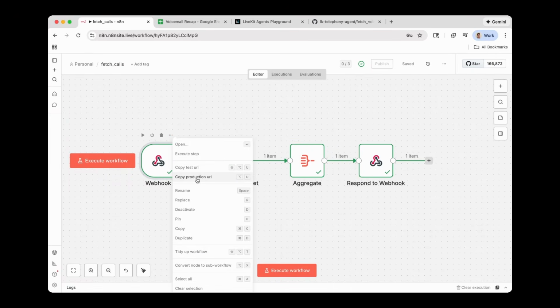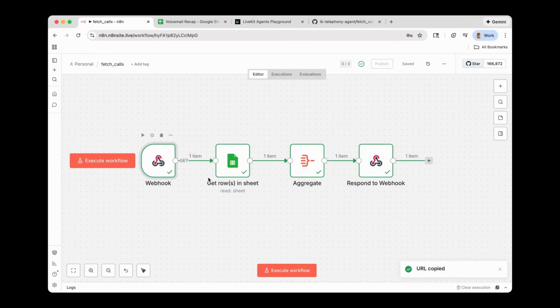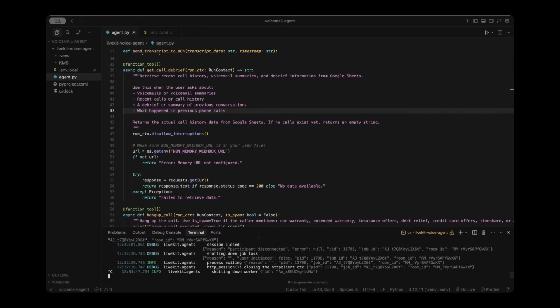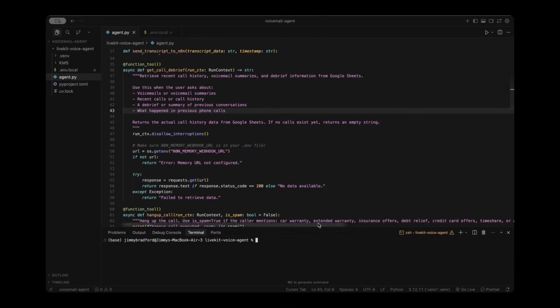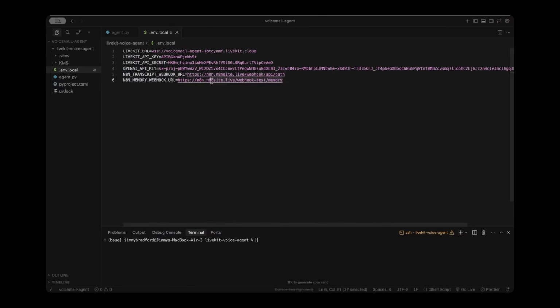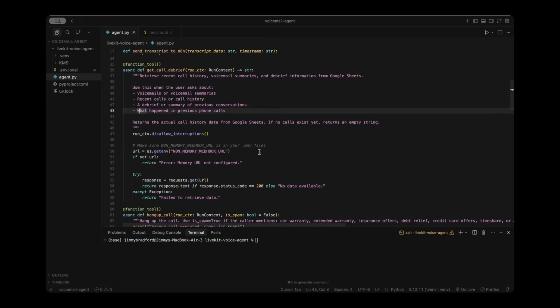So on these three dots, I'll click copy production URL and I'll head back to the code. So let's close out this agent right now and let's clear out the terminal. And back in the environment file, let's change up this URL that we pasted and paste in the production one. Okay, cool. So now we're up to our last step, and that is actually adding the avatar to the browser